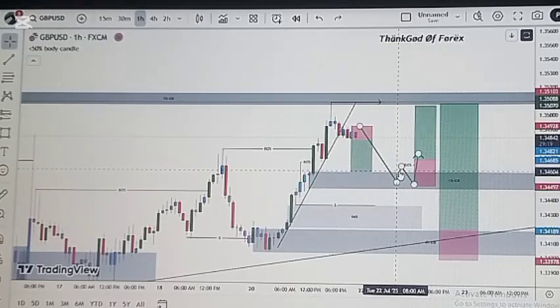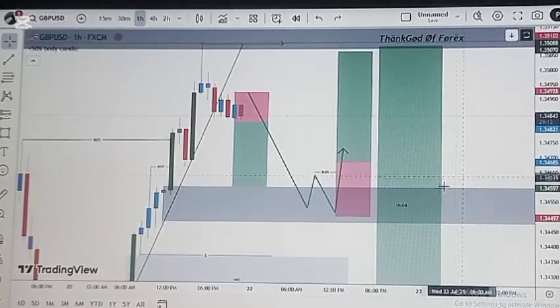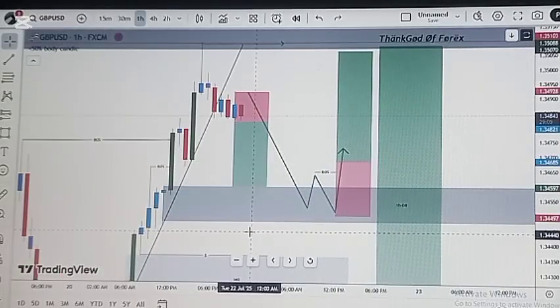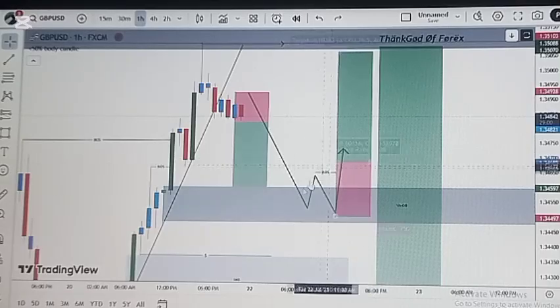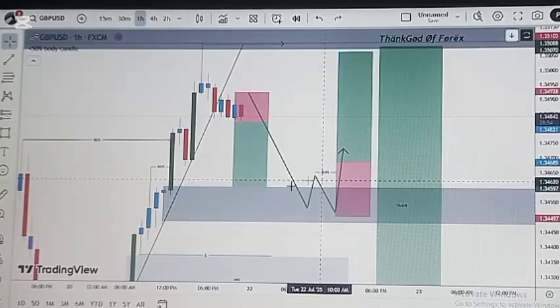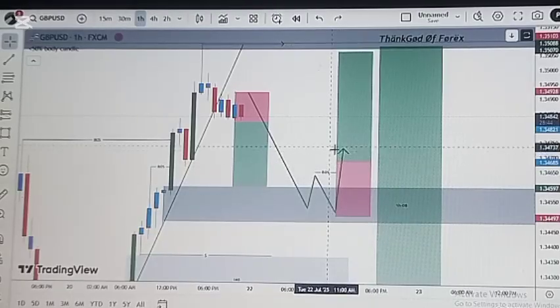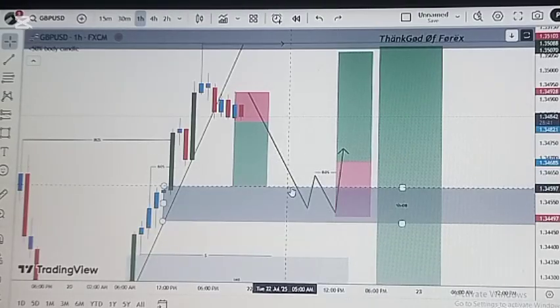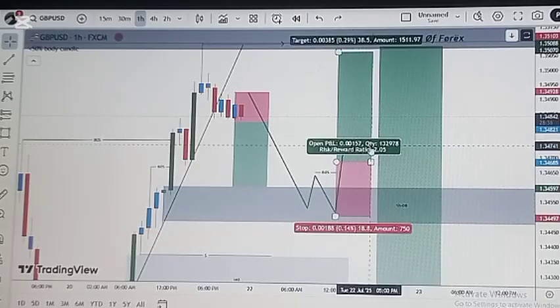So you can see what I drew here. Let me zoom in very well for you. You just need to know how to learn market structure, candlestick patterns, and chart patterns, for you to understand these things, and you will see that the market will work for you most of the time. So this is what I'm expecting. Without seeing this kind of candlestick pattern, I'm not trading, I'm not entering the market. That is what I mean. You get me? So I'm not entering the market without seeing such a change of character